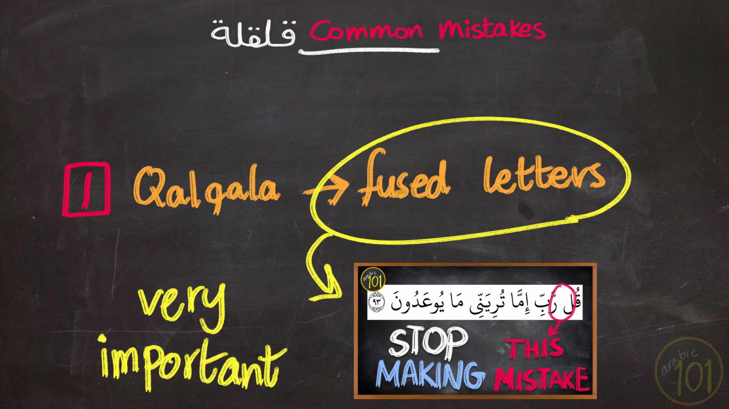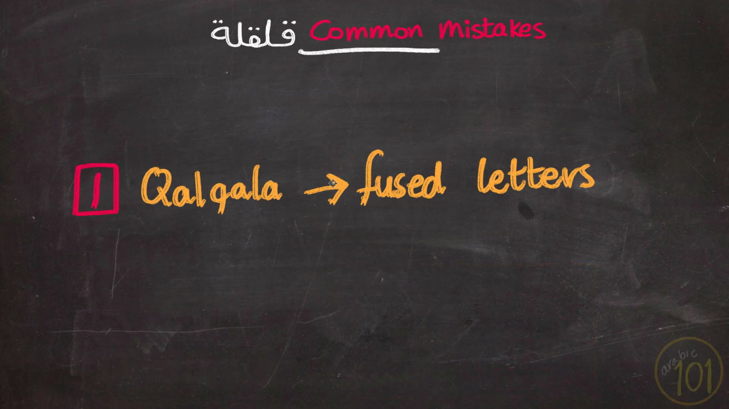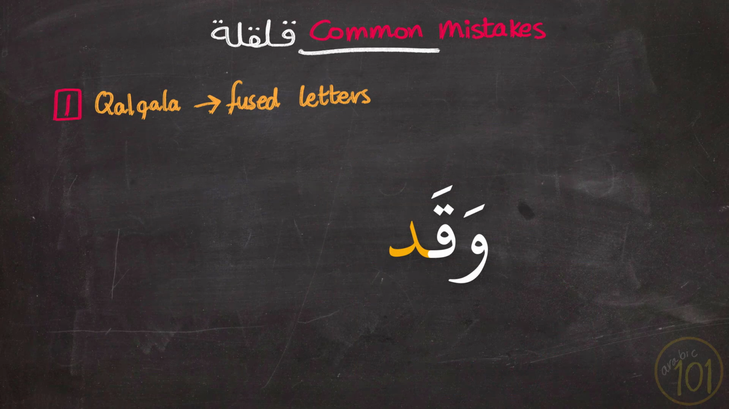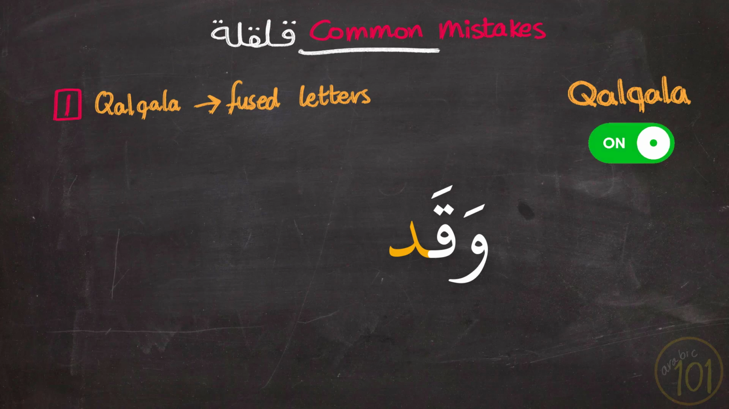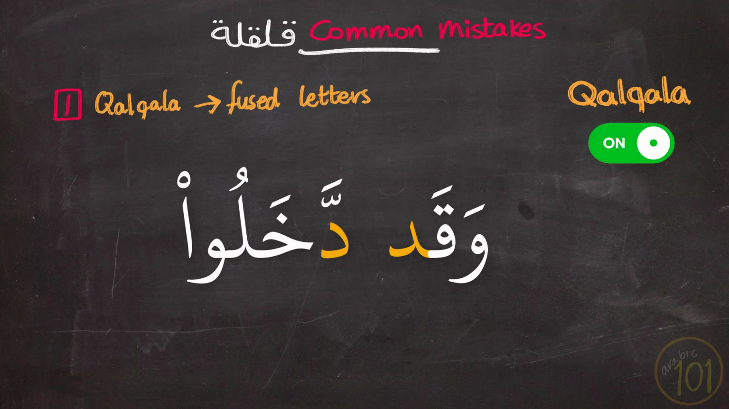It is very important. So if a word ends with, for example, dal, and it has sukun, so normally you would apply Qalqalah to that letter. But then the first letter of the following word is also a dal. You would normally fuse them together into one dal if you keep on reading. And in that case, you will not apply Qalqalah, like in this example. وَقَدْ دَخَلُوا